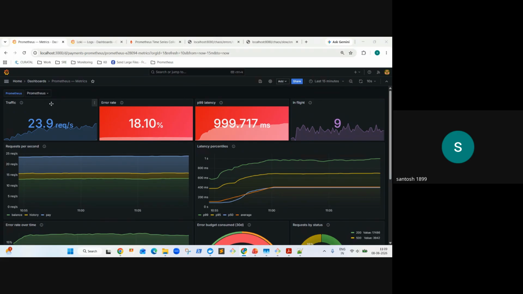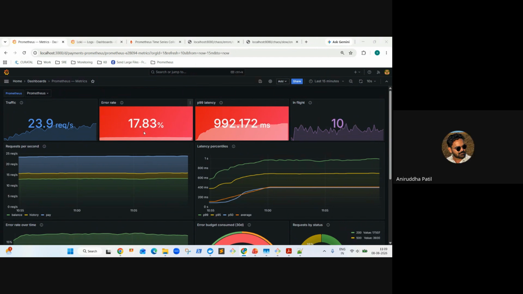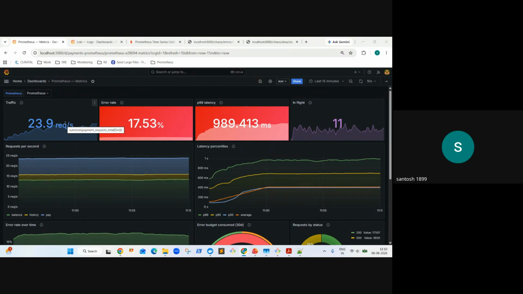Now, when you create a dashboard based on the user journey, it will start with login, then balance, then the payment. Correct? That's why, if you have a proper knowledge base and your error logging is standardized, then all the traffic you are observing for login, balance and payment should match. If the logging mechanism is not properly captured on all the applications, if it is not standardized, you will